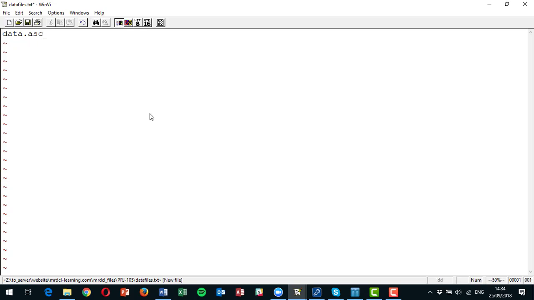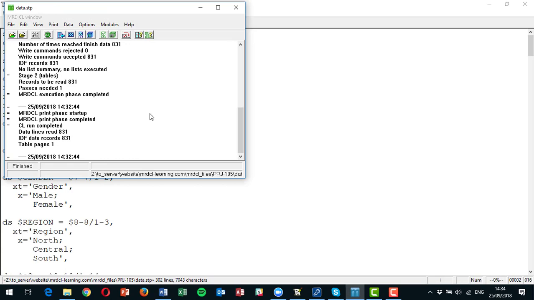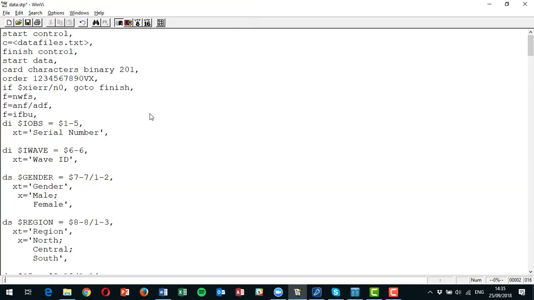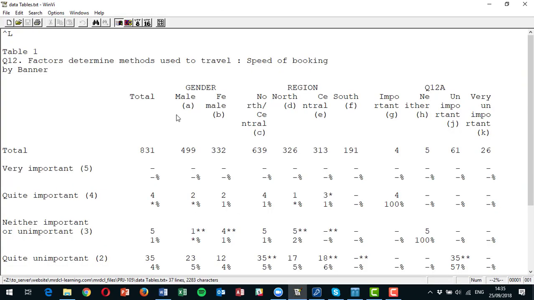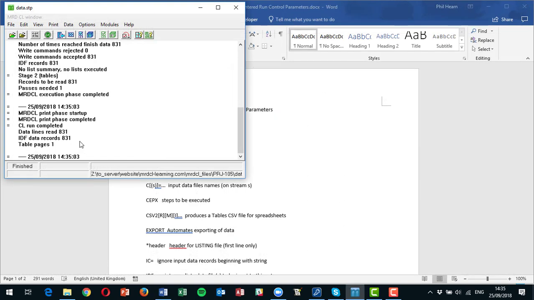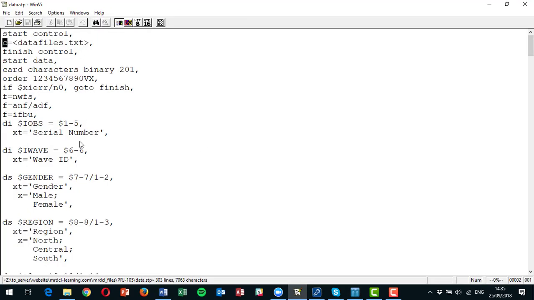I haven't actually got that file here, so I can just save it with one file, which of course also works perfectly well. Save this, run it, and I've got exactly the same answers here because that's reading that list, and it found in that list data.asc. So that's